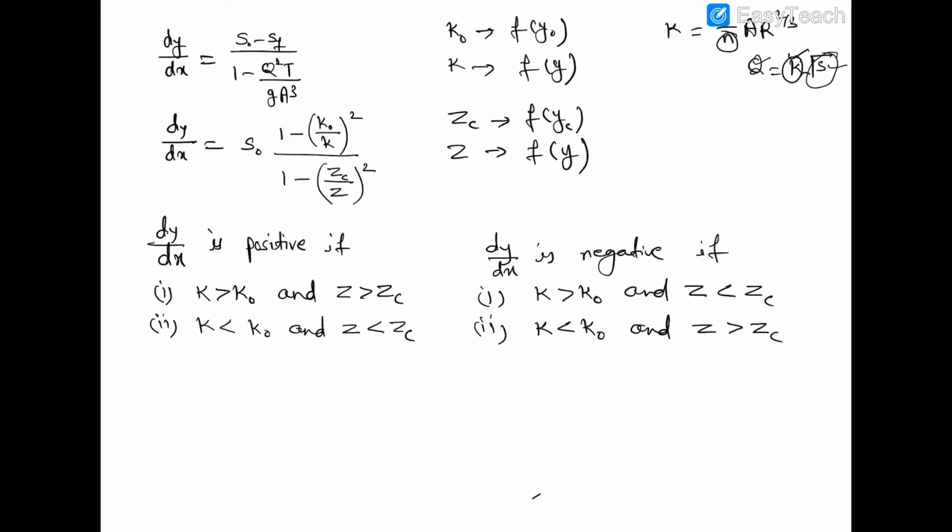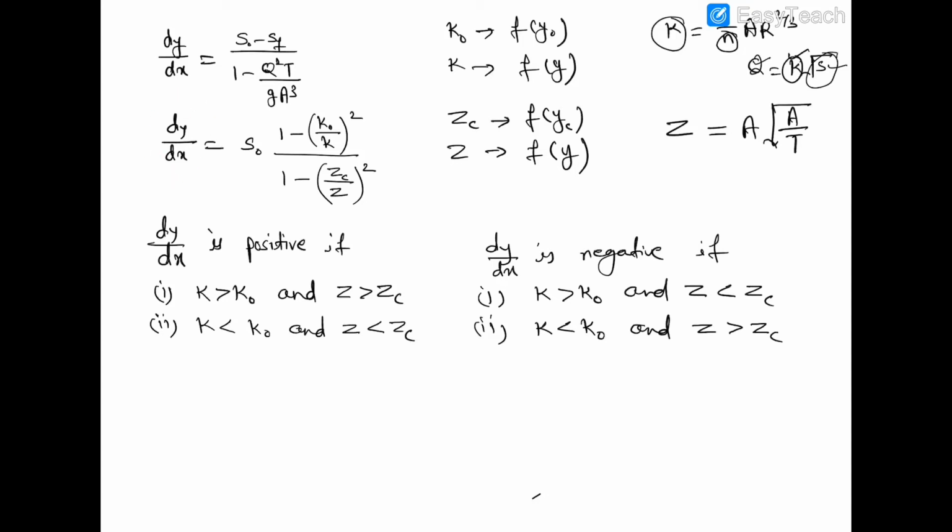So the value of k will vary only if we change the depth of flow. So k is ultimately a function of y here. In a similar way, the expression of the section factor is root over A upon T. Here also we can conclude that the section factor will vary only if the depth of flow changes. Okay, so now we can find the condition for positive and negative value of dy upon dx in terms of